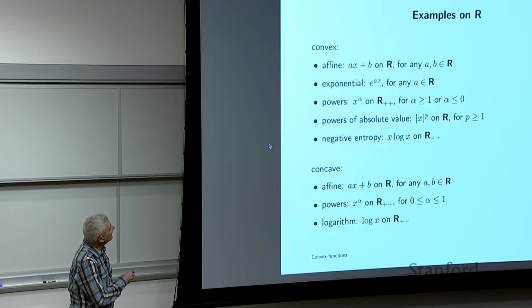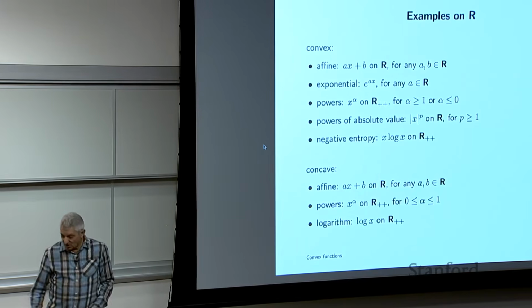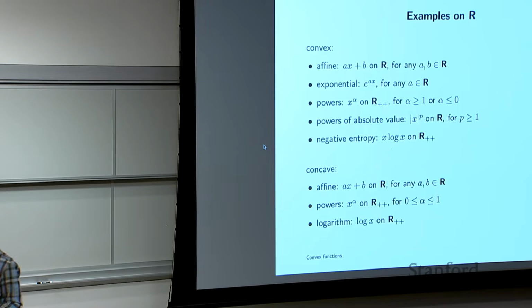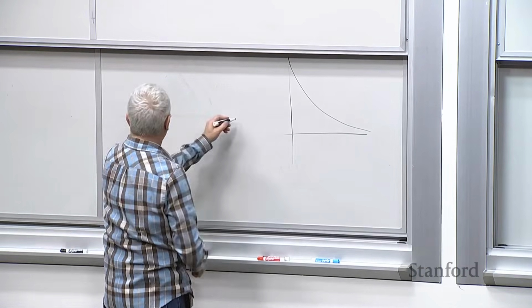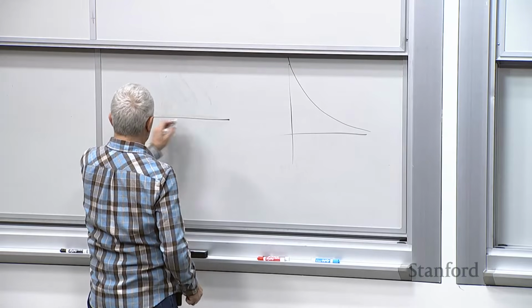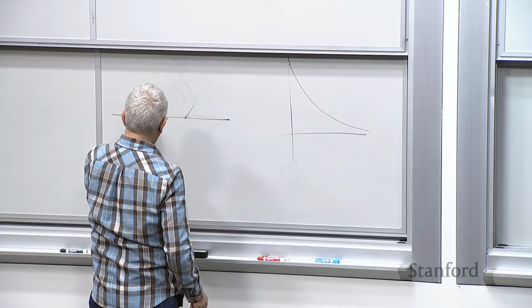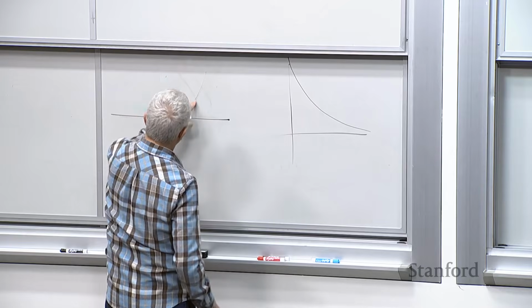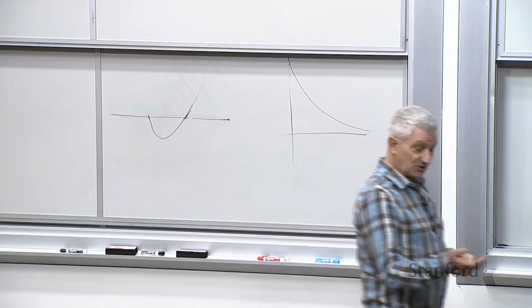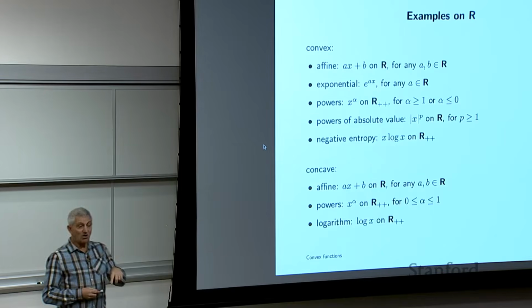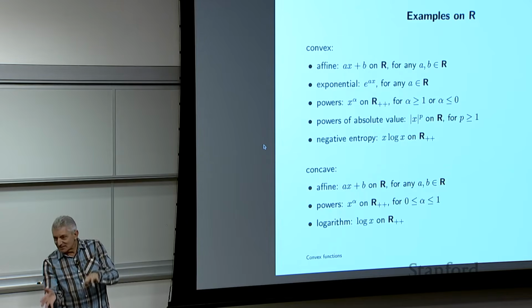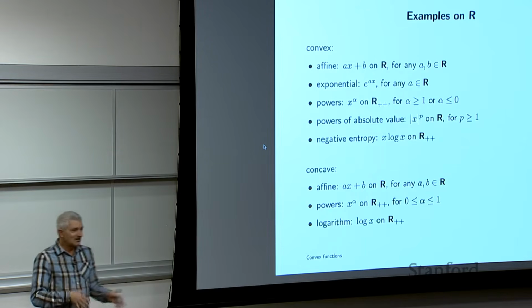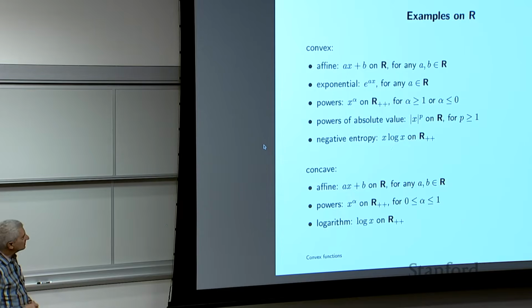Let's see. Negative entropy, right? So x log x, if I take a minus, that's the negative entropy. And that is a function that looks like this. Here's 0. Here's 1 where it's 0, and then it's very steep there and then goes up like that. And it's convex. Or if you like, you could think of it this way: entropy, which is minus x log x, is concave. These are the kind of things that, when we start doing some statistics and other stuff, are going to be very natural. So these are just some simple examples.